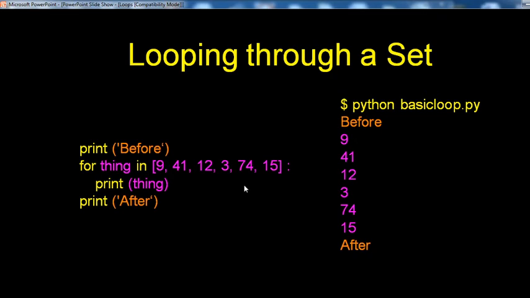Print. Now this smart loop. See here, you want to print before. What is print before? For thing, that is called your iterate variable. Again see here, iterate variable. For thing in a list that is defined with the numbers 9, 41, 12, 3, 74 and 15, print thing, print